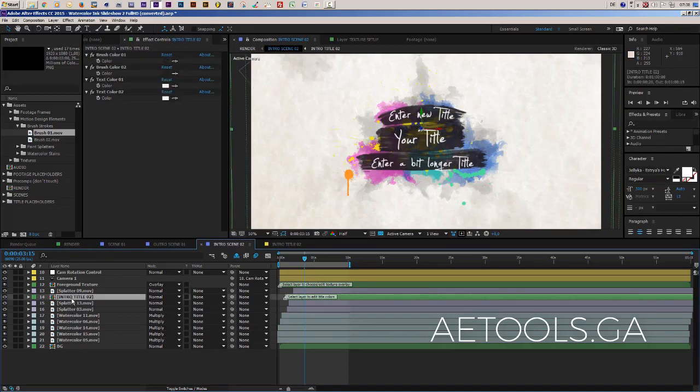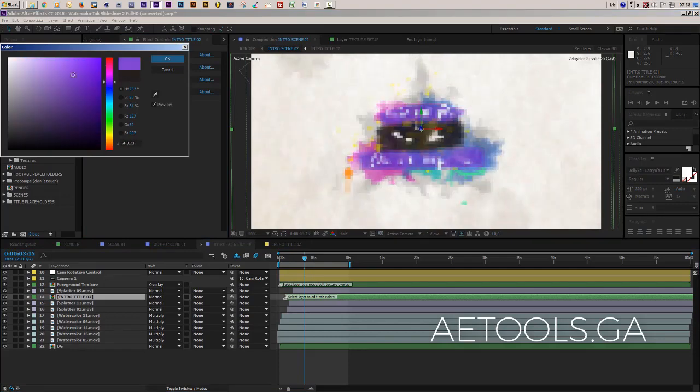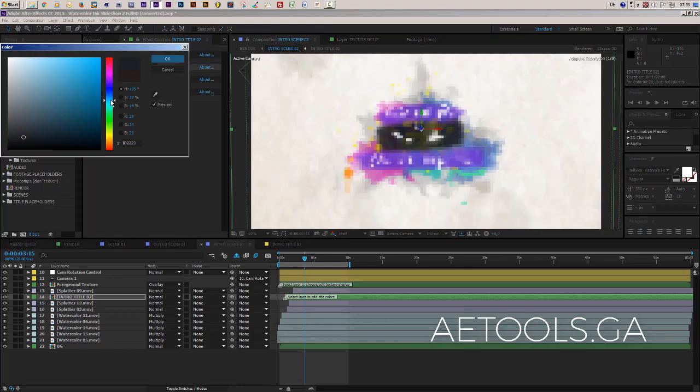What I forgot to show you is you can of course also change the colors of these brushes. So you see we have brush color 1 here. If we change this to something violet or whatever, you see now both of these brushes change because I created a duplicate of this brush. So I can control my newly created brush also through this panel,